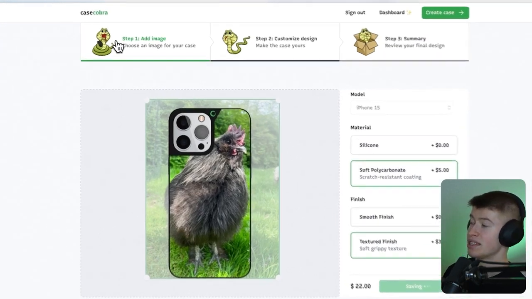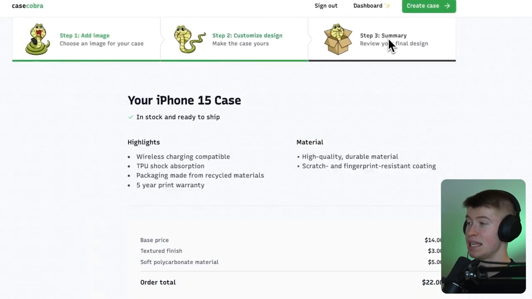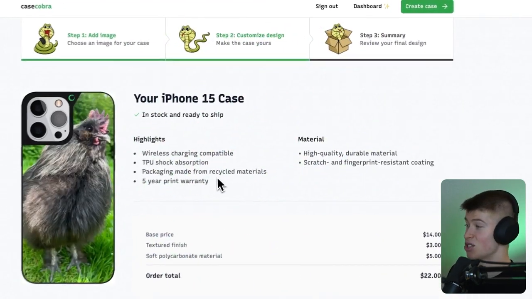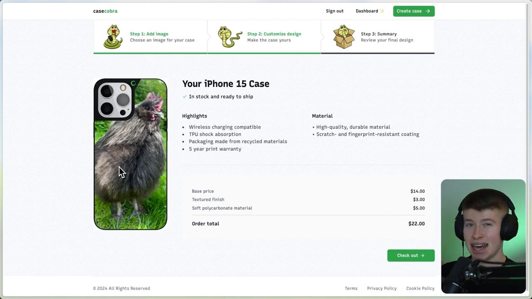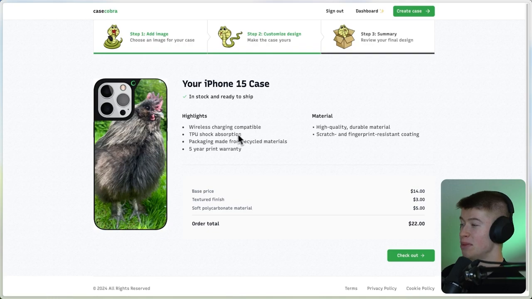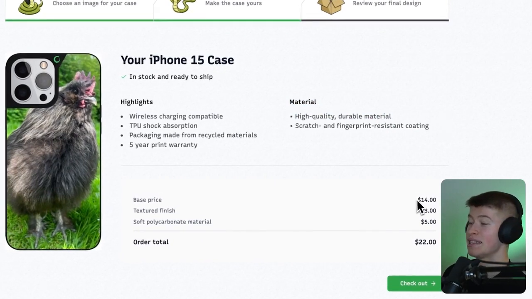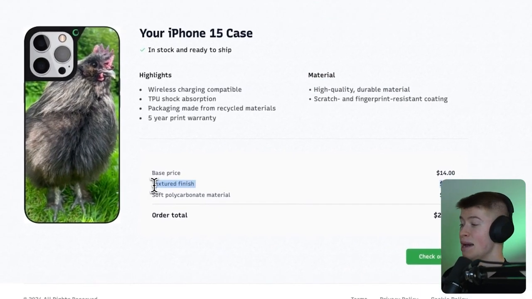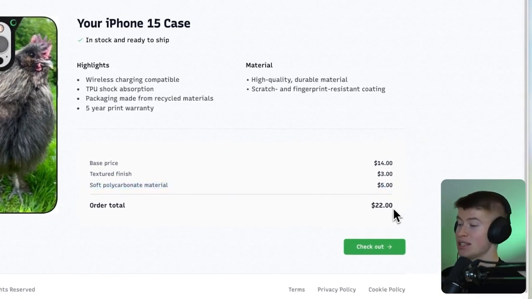And as we continue, you can see right here on the top, we always keep track of the current step that we are in and the upcoming steps with the illustrations provided by the illustrator. And there we are, our iPhone 15 case, the model that we chose in stock and ready to ship, with the preview, exactly how your user configured the image to be. Even with a highlight section, right? Wireless charging compatible, shock absorption, and so on. Why should people buy from you? I think that's really cool. And then the material that we use for our phone case, and a summary for the prices with dynamically the premium options that we chose, of course, listed each one separately, so we get to the order total